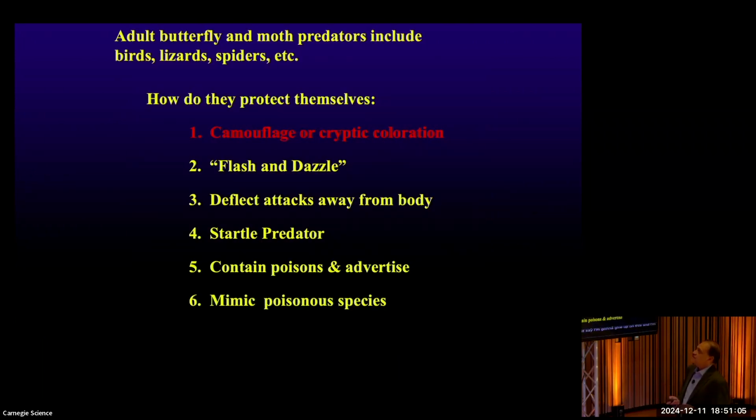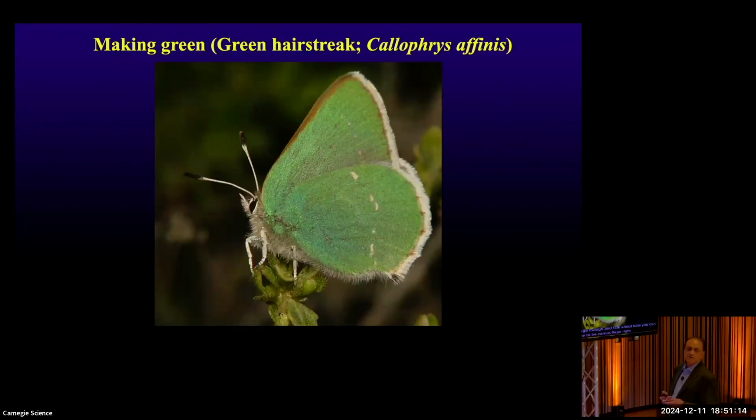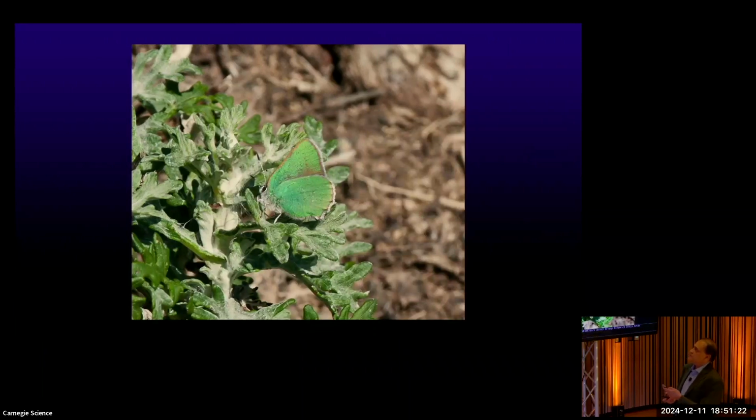Okay, so I want to come back to camouflage, though, and talk about how you can achieve this, right? So one good way to be camouflaged, right, if you're living around vegetation, is to be green. Okay, and many butterflies do this. They have a nice green coloration and they blend into the vegetation. So here's a picture I took outside of San Francisco of this little green butterfly. And if I hadn't seen where it landed, I would have really had no hope of finding it.